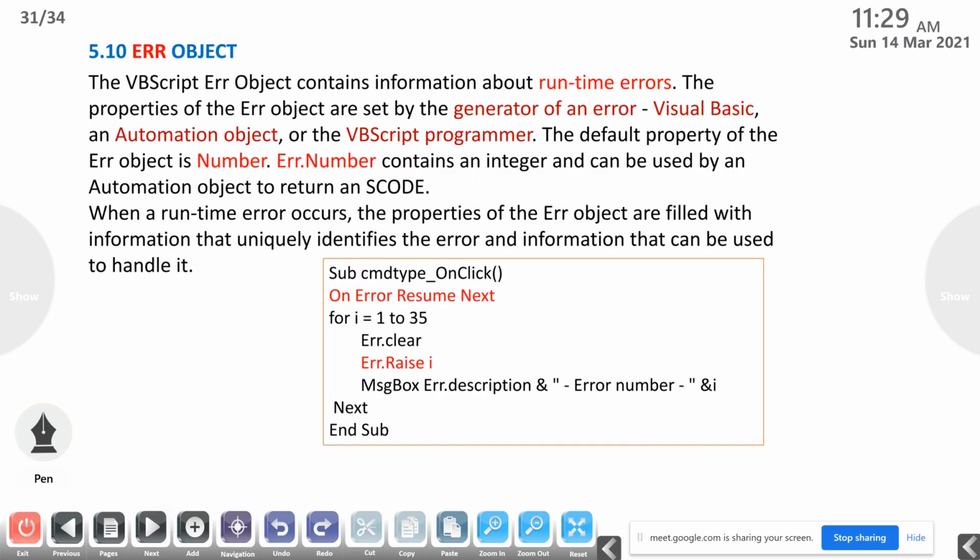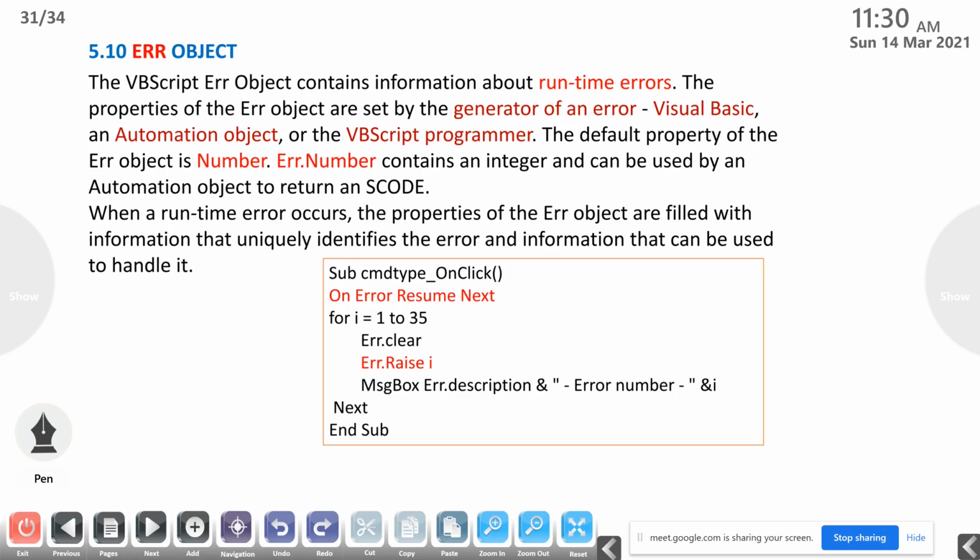Then the Err object. We also discussed this error object in JavaScript. The VBScript Err object contains information about runtime errors. All of you are familiar with runtime errors.